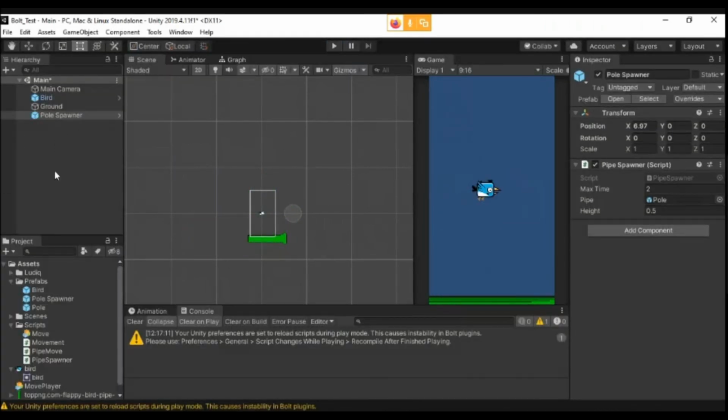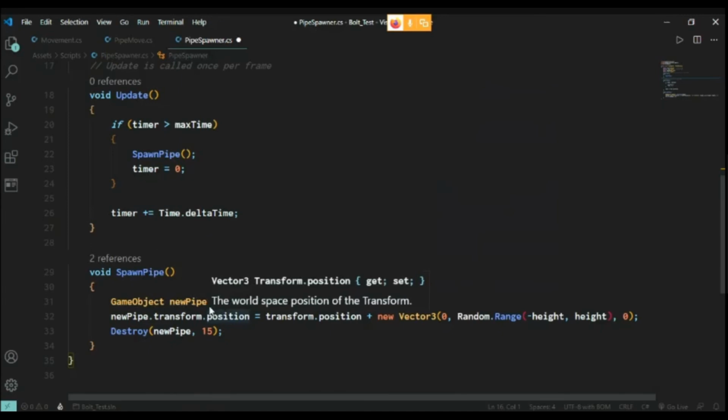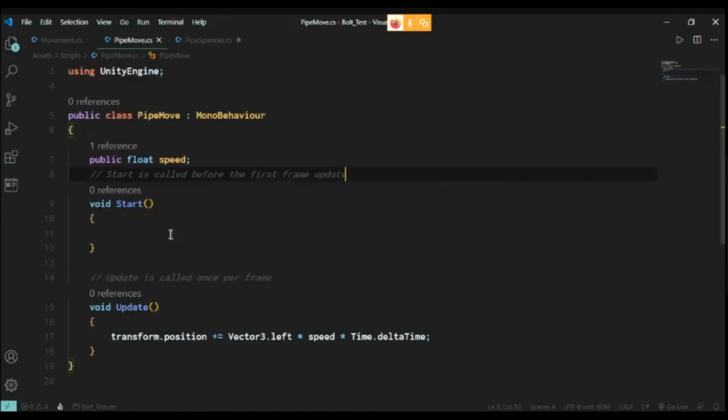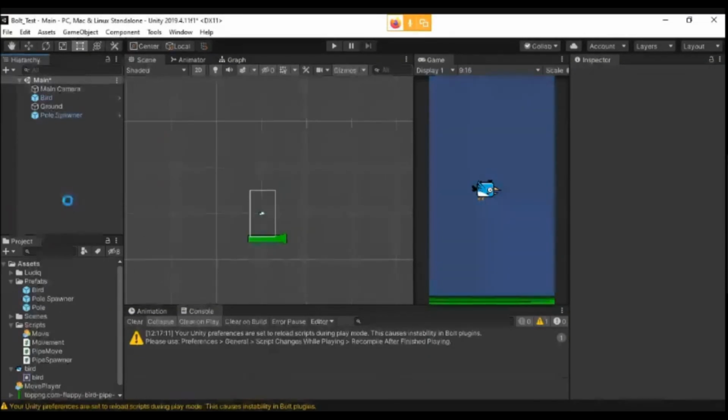So you see, I saw the clones that were created. It was because of the Instantiate method that we used. So now I hope you can create this script using the Bolt plugin as I showed before. You just need to search for every line of code that I've shown. If it is written transform.position, you need to search Transform Position, because you might not find it in the first place, right? I have created a script